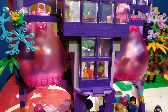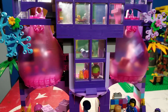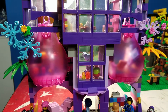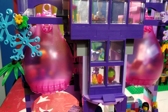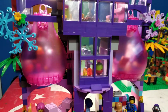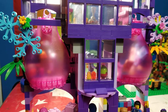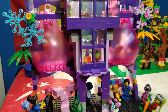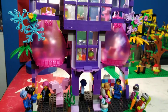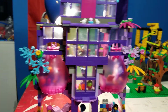We have also, additionally, these, I call them onions. I think other people might call them pods. They are from some Trolls set, and I got that Trolls set for a song because people are apparently not buying up 4+ Trolls sets. Go figure. Yeah, I got it for like $6 plus shipping. But we have here the gorgeous arts commune,